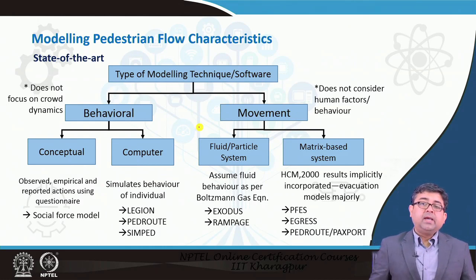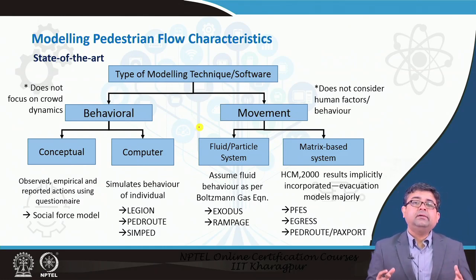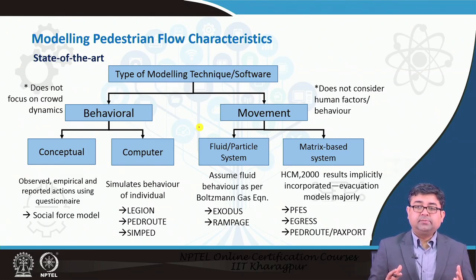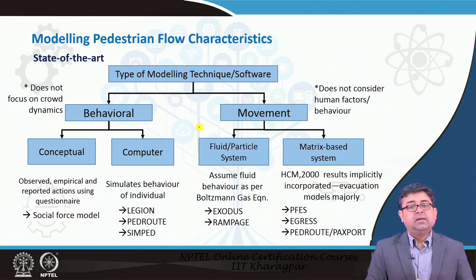Now, if you understand these three basic flow parameters in pedestrian transport, or in any form of transport, you can then use these to build different models. Some models may be very specific to your location, your country, your state. Some may be homogeneous; the entire state may follow a similar model, the entire country may follow a similar model, but you have to understand the basic three parameters that were discussed.